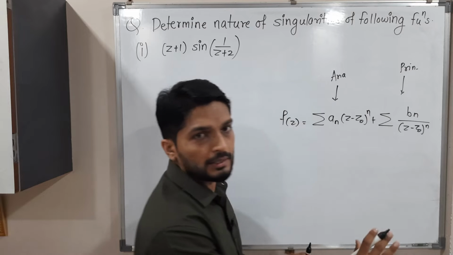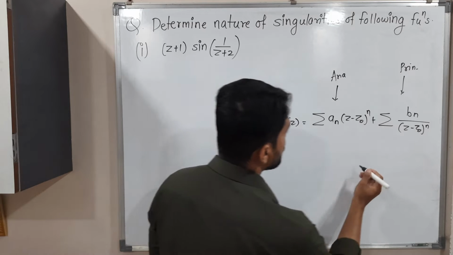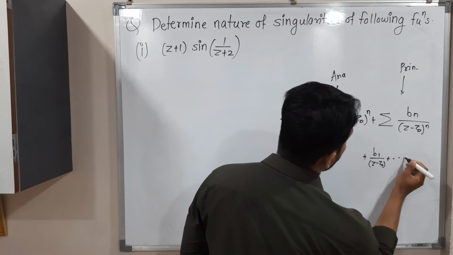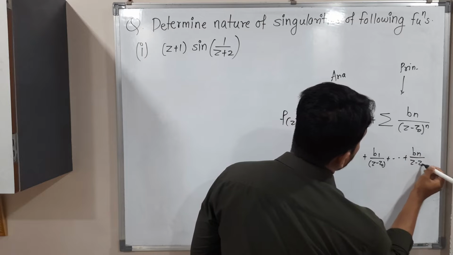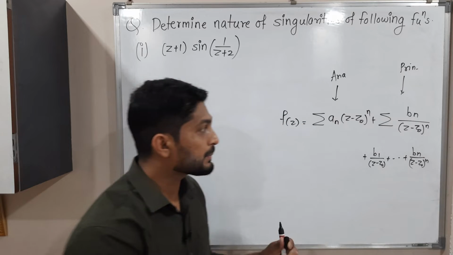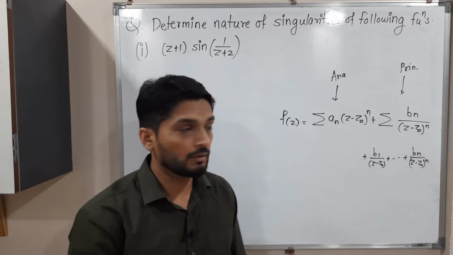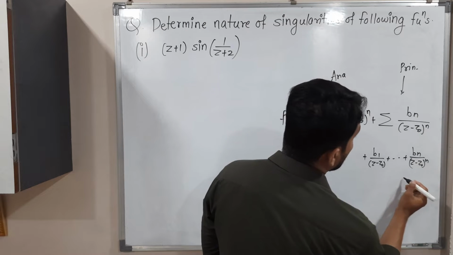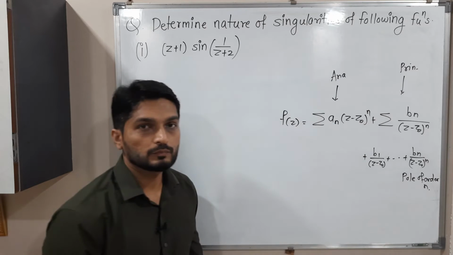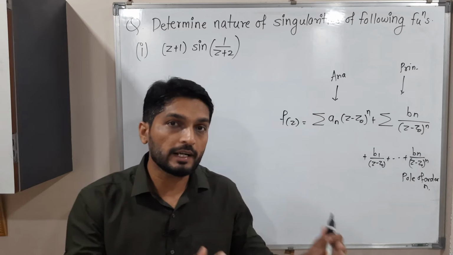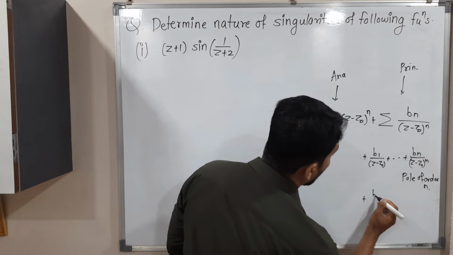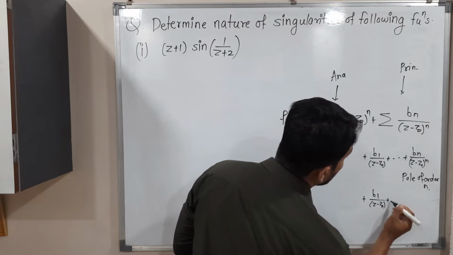The analytic part will be there for each and every function, but in the principal part, if you have b1 upon (z minus z naught), and so on, up to bn upon (z minus z naught) raised to n, and this is the last term with all remaining terms 0, that means the principal part terminates at the nth power, then we say it is a pole of order n. So if the principal part has a finite number of terms, it is a pole of order n. If the principal part has infinitely many terms,